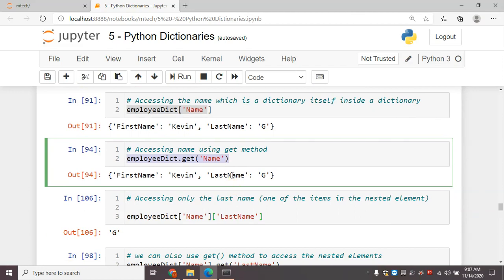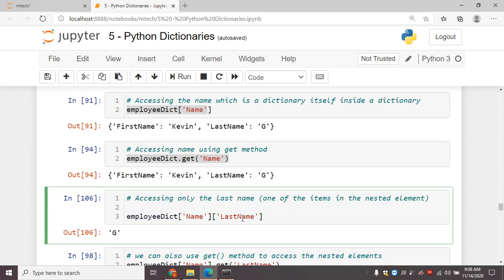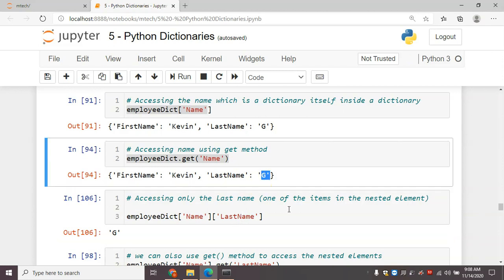If I want to access the last name, that is the value inside a nested dictionary, that is accessing items in one of the nested elements, I can access the last name using employee dict of name of last name. So I'm using both the keys to access the nested value.